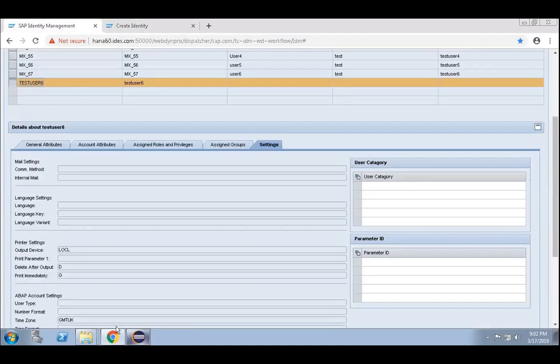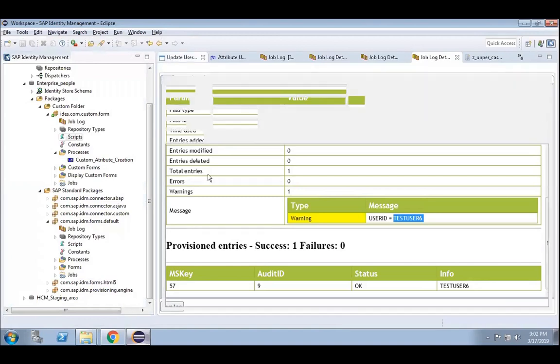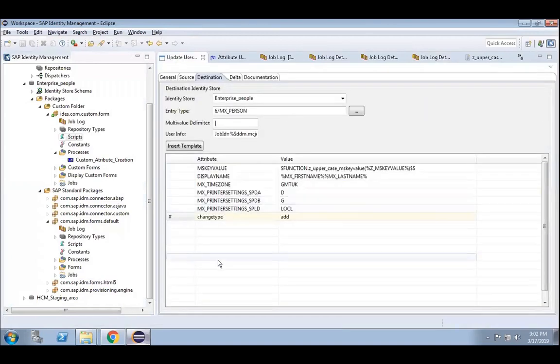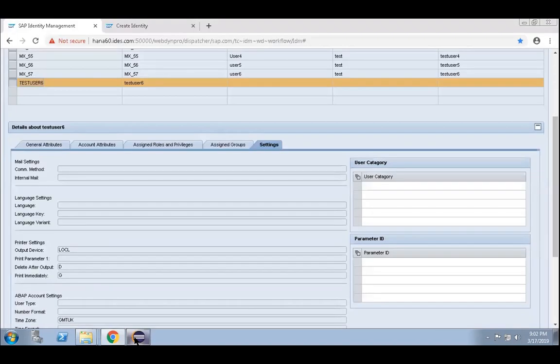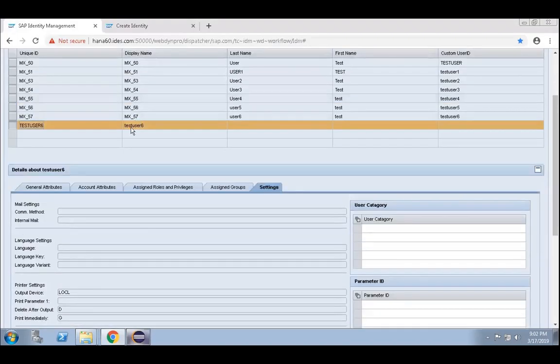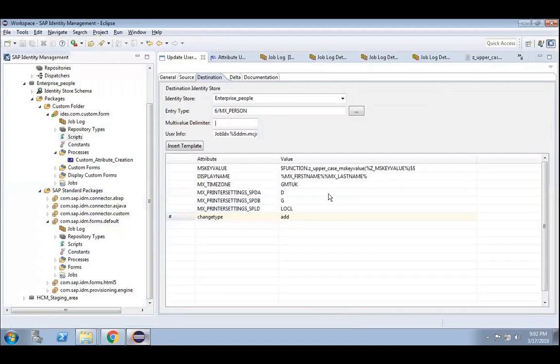So what you can do, you can add those first name, last name as well. Whatever attribute we pass here, that only will be updated. And here one thing you can see, I have given test user one, there is no space I have given. So you can write a script. Even if you give a space, I don't think it will take. If you try to give a space and save, I believe it will give an error.